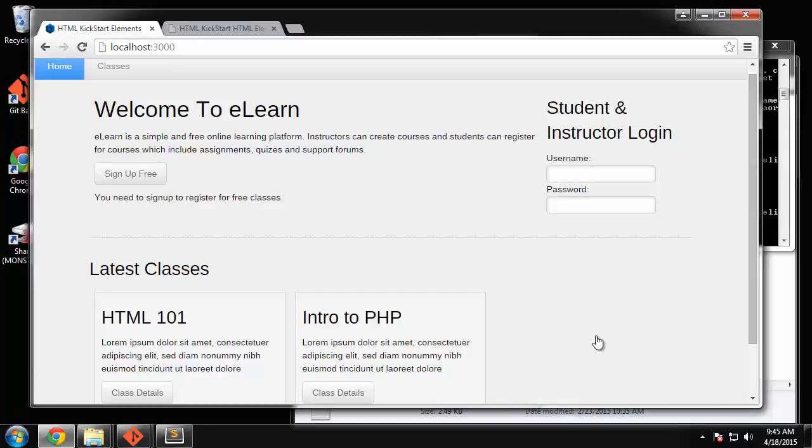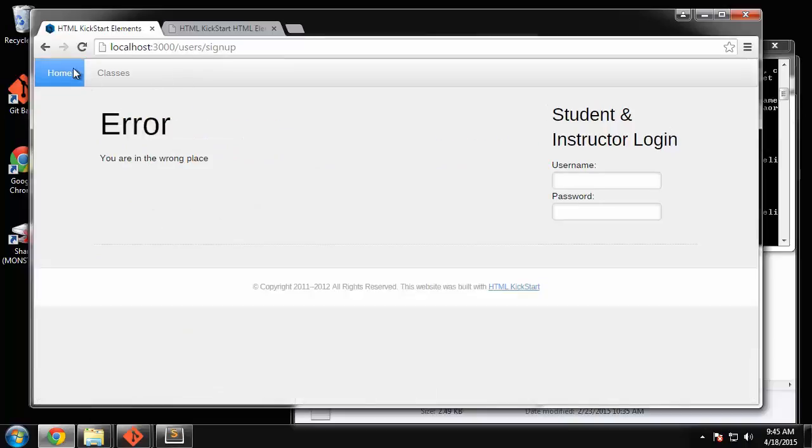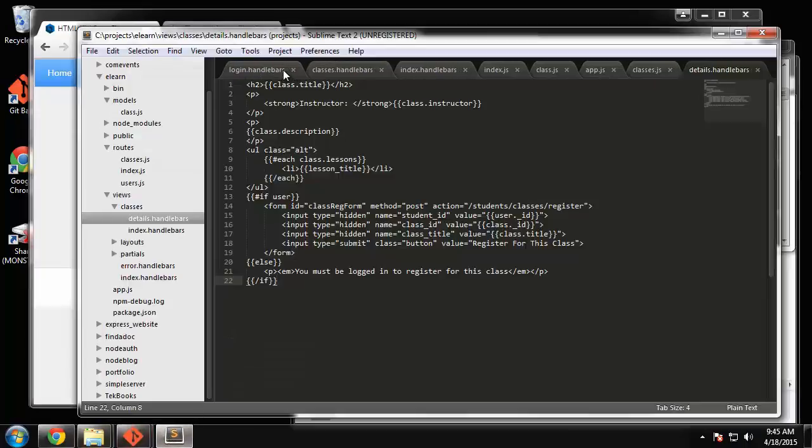Okay, so now that we have the public display of classes, I want to get into the registration and login. Basically, this will go to a sign up link. So let's see, it's going to be user/sign up. But before we do any of that, we need to create a user